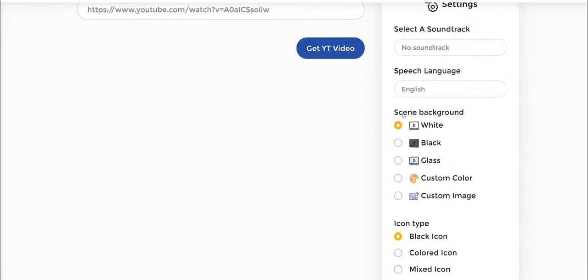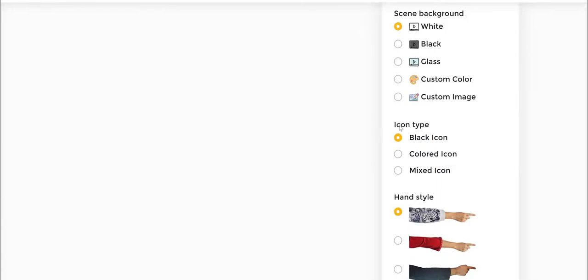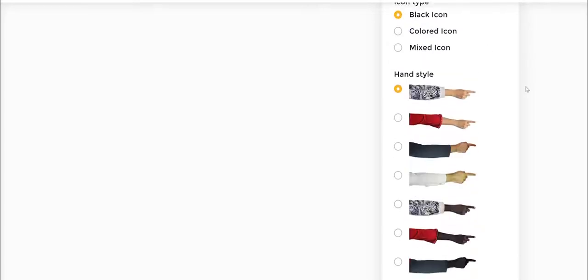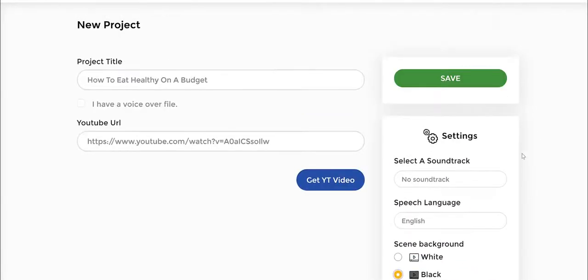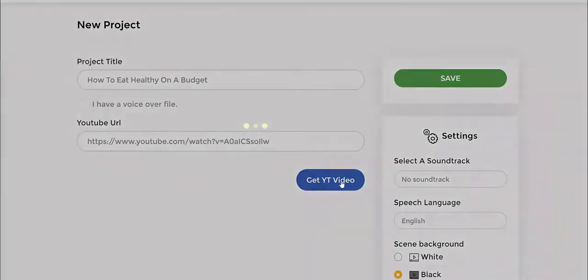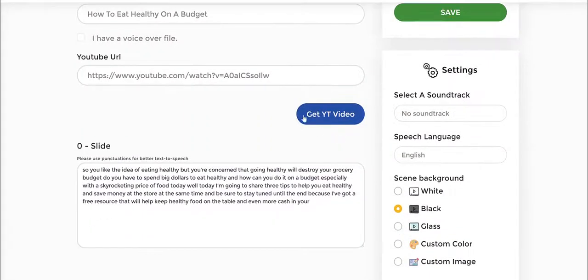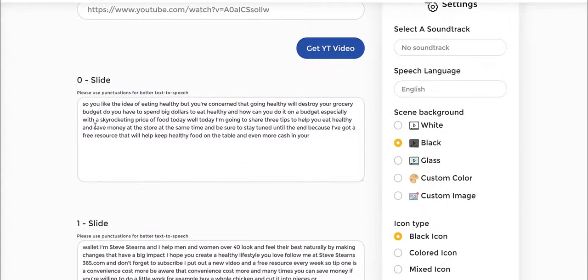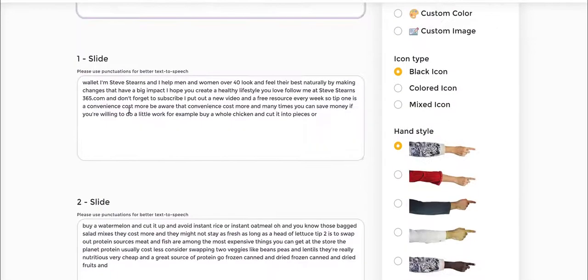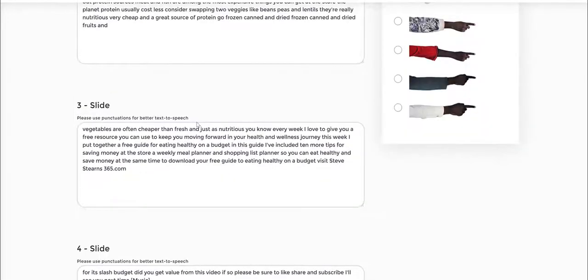Again, as you can see here, I can choose the scene. I can choose the assets type. I'll put it black and white for now. And then you can do it whiteboard, blackboard, and so on. So let's say I want to do blackboard now, and I want to leave it as is here. Okay. And all I have to do now is click get YouTube video, and you see that I click that blue button, and then you see this, I've automatically transcribed the whole video here,